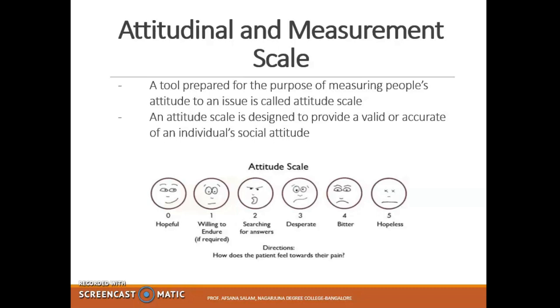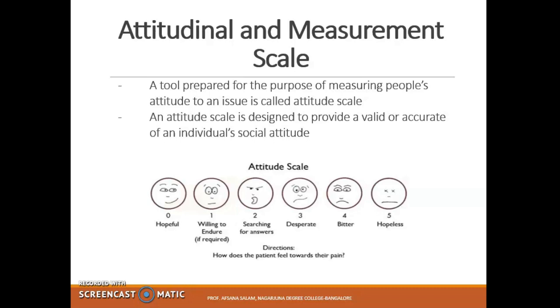This is mainly because in qualitative research you do not make an attempt to measure or quantify. You cannot give numbers for your attitude, right? So that's why we have something called attitudinal scales also, to measure attitude in quantitative research and qualitative research for both. In quantitative research there are three scales which have been developed to measure attitude. Each of those scales is based on a different assumption and follows different